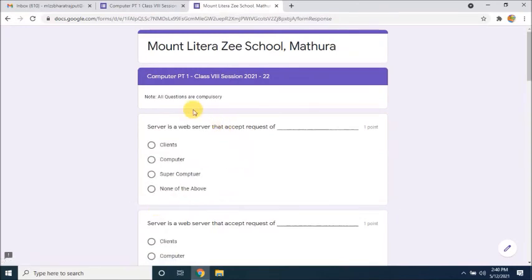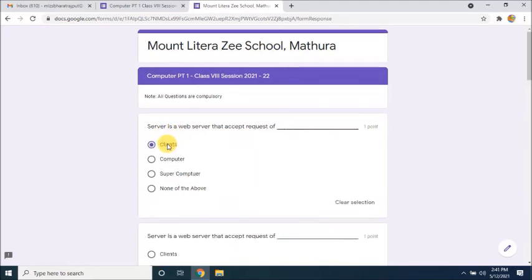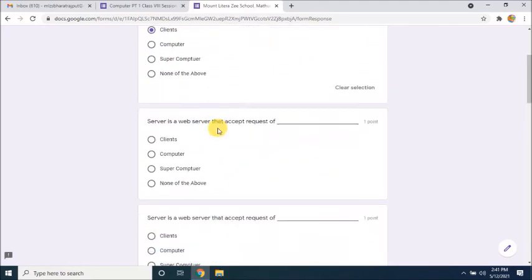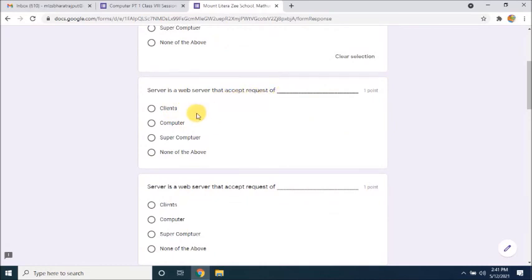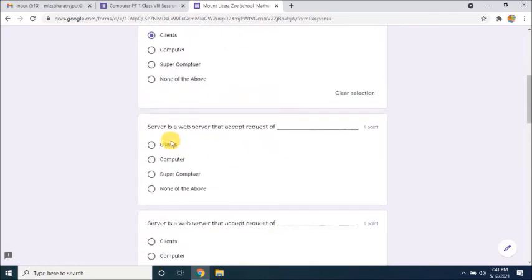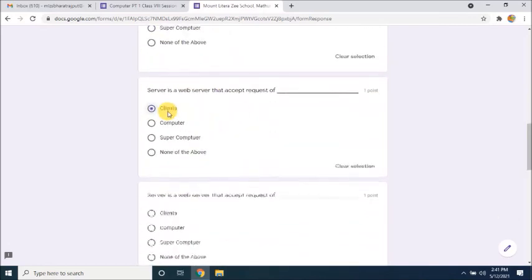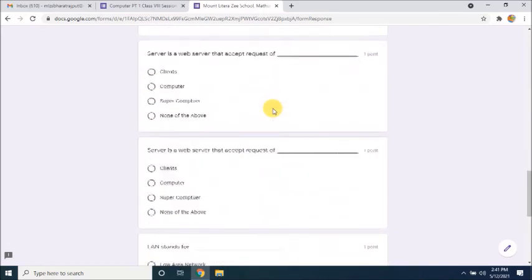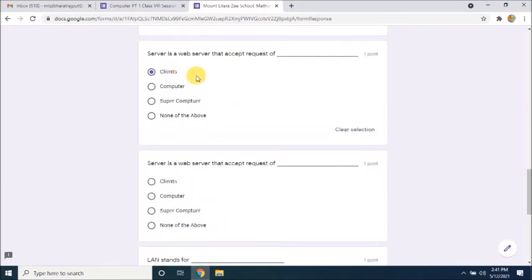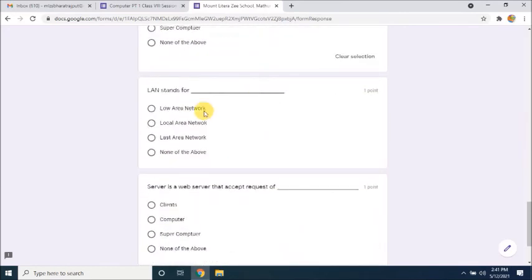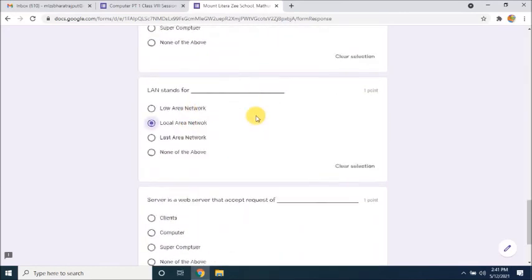Okay, now the question is there. Server is a web client, that is, we will use the client here. Server is a web server that accepts the request. Again client I am taking, client, client, client. Same question we have copied here, so that's why I'm selecting the clients, local area network.